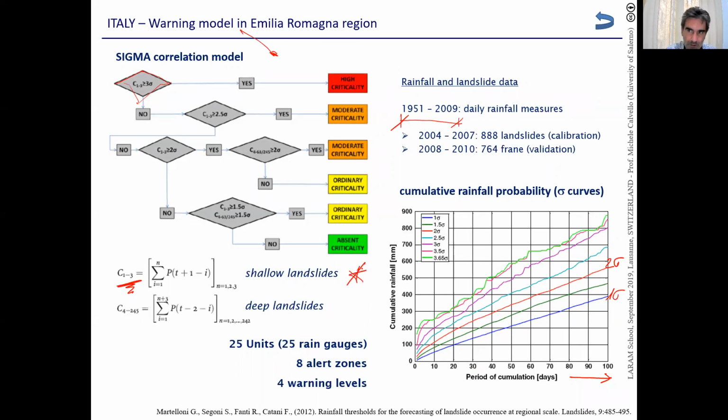3 days, as we said, also for Campania, 1, 2, 3 days, shallow landslides. You check also in this system the possibility of having reactivations of deep landslides, but in this case, the rainfall that is important is not the short-term rainfall, it's the long-term rainfall, even the seasonal rainfall. How do you account for that? You just compute your rainfall with very long periods, from 4 days all the way to 245 days, almost 3 seasons. Okay, with that, again, green, yellow, orange, or red, according to where you are.